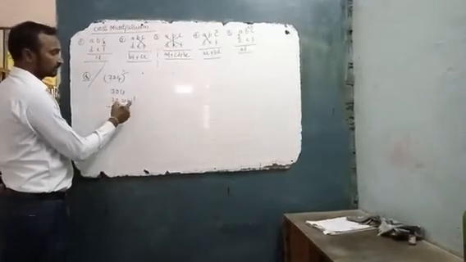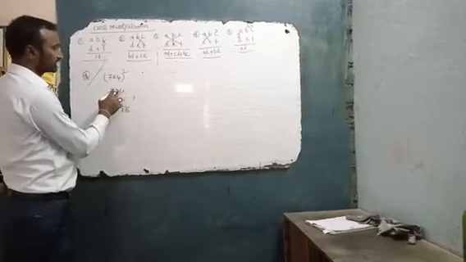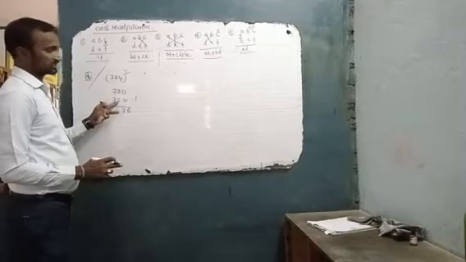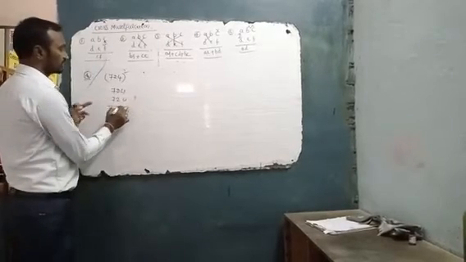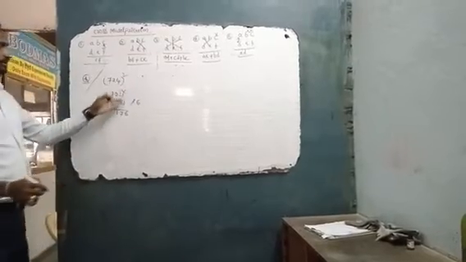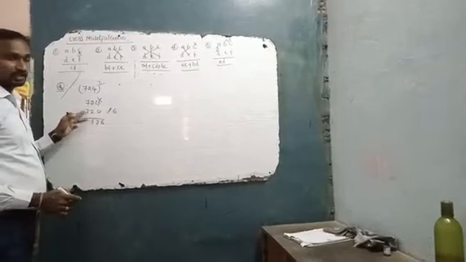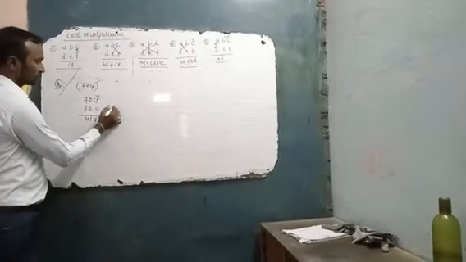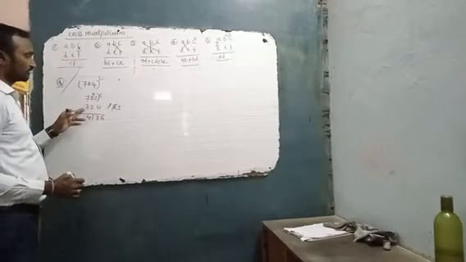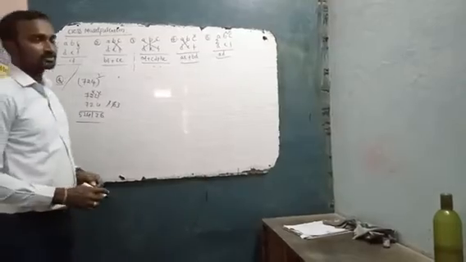8 plus 8, 16, plus 1, 17, carry 1. Third step: 4 7s are 28, 4 7s are 28. 28 plus 28, 56, 2 2s are 4, 60, plus 1, 61. 6. Now elimination. Eliminate one column. Now 2 7s are 14 plus 2 7s are 14. 14 plus 14, 28, plus 6, 34, carry 3. Eliminate one more column. The last step is 7 7s are 49 plus 3. How much is it? 52. In this way we can easily calculate the square of any number.